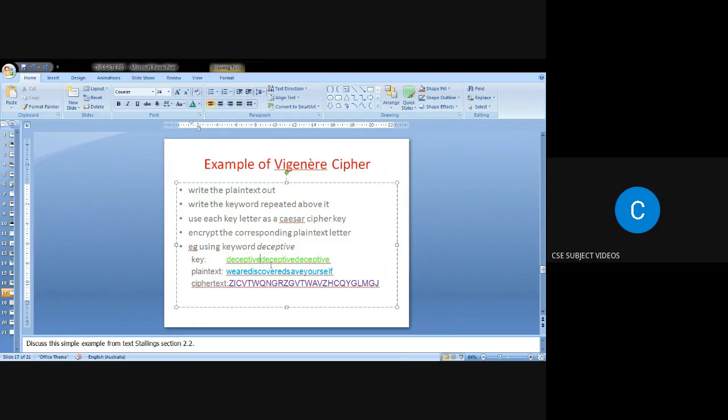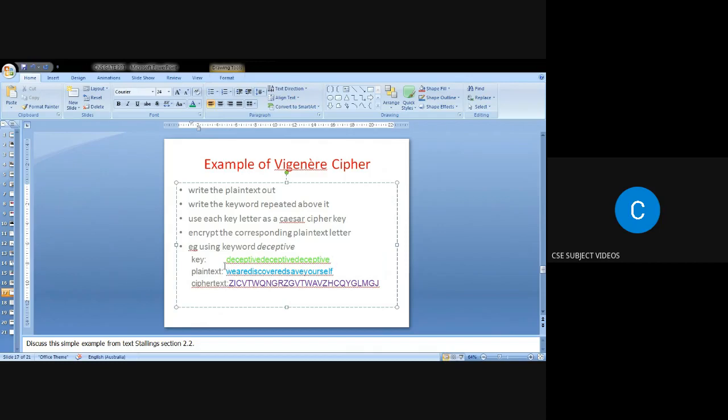So we have to repeat the same key for the length of the plain text. There may be situations where the keyword gets broken in the middle at the last attempt. For example, at yourself, L V E S, the key is D E C P, so on that particular point the keyword gets cut, and you can leave it as such. The main concept is to repeat the keyword till the length of the plain text.